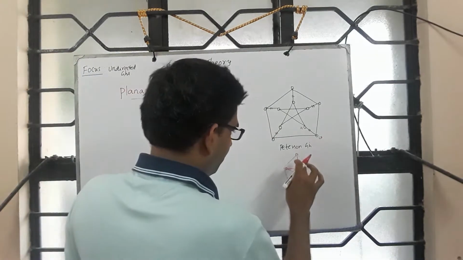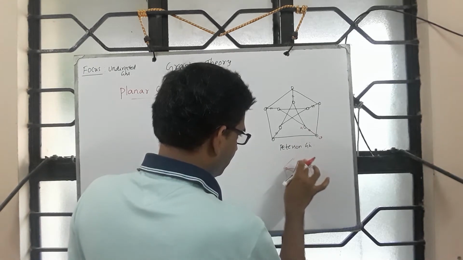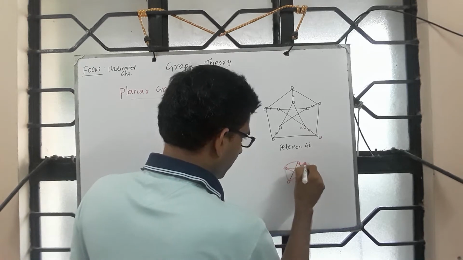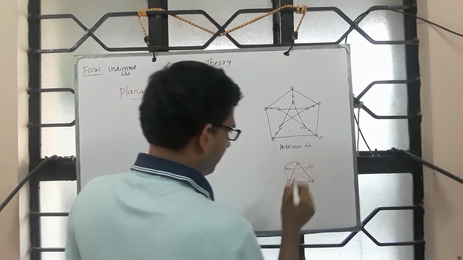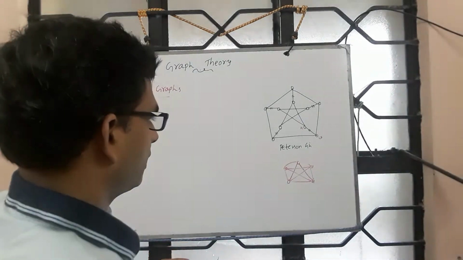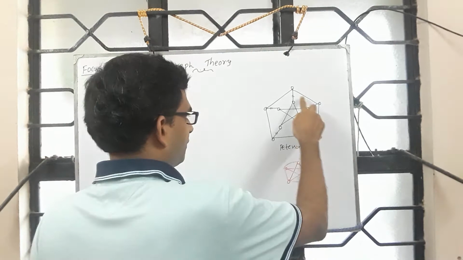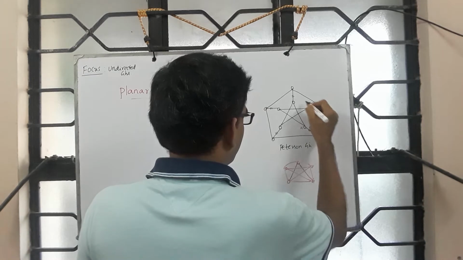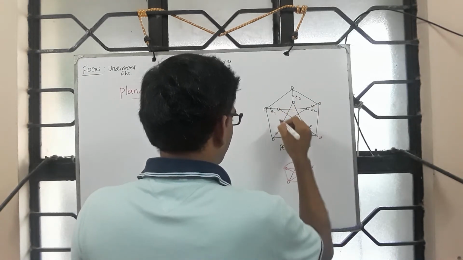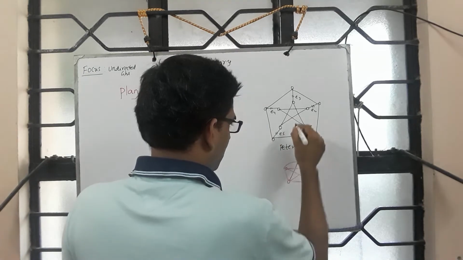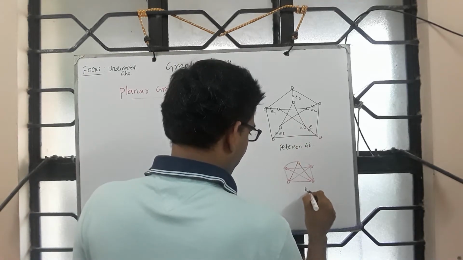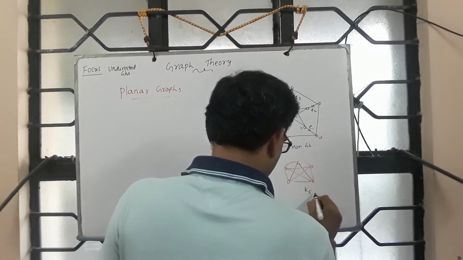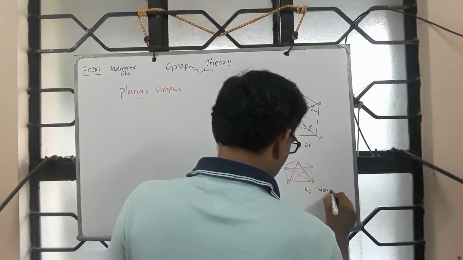Fine. Then if you do one more, this will disappear. Then this is precisely this. Now what is this? After performing a sequence of 5 edge contractions, we perform E1, contract E1, then E2, E3, then E4, E5. So on contraction, what we obtain is K5. So we get K5. We know that K5 is non-planar.